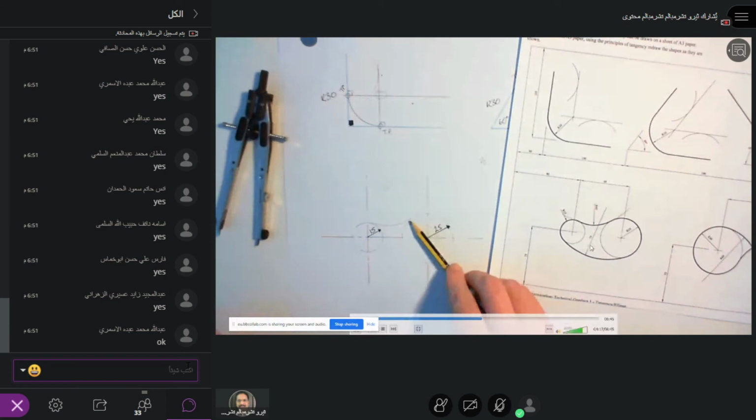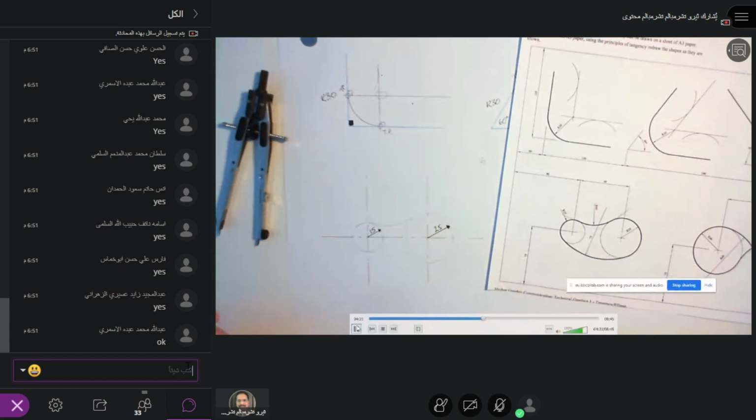Now, somewhere along here I've got a point, and somewhere on there I've got a tangent point. How do I find it? Guys, I hope now you have a clear idea. Is that clear, everyone? How he made the tangent?